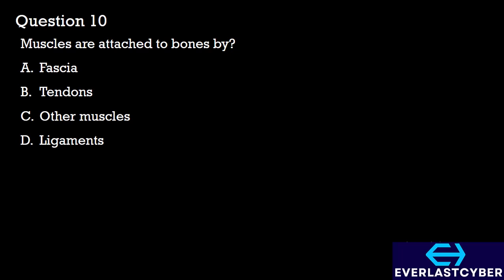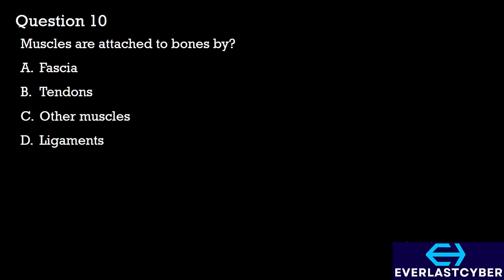Fascia is a type of connective tissue that surrounds muscles, organs, and other structures. It supports and separates muscles, but it does not directly attach muscles to bones. Tendons are strong, flexible bands of connective tissue that attach muscles to bones. So when a muscle contracts, the tendons help to transmit the force to the bone, thereby allowing movement of the